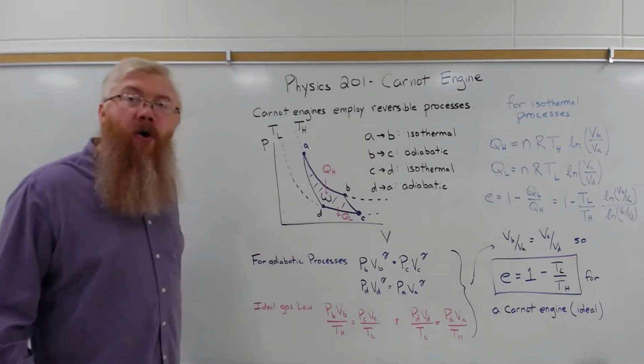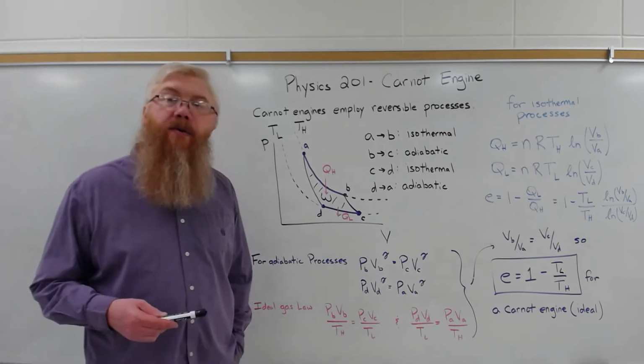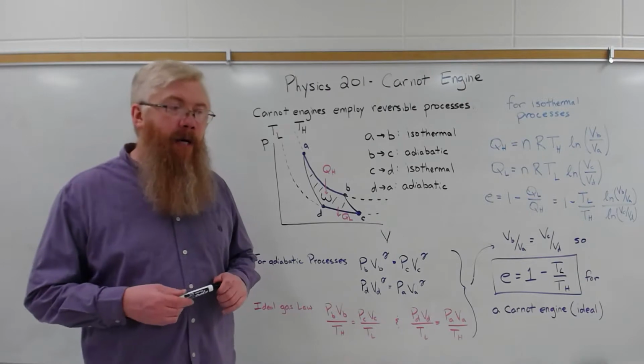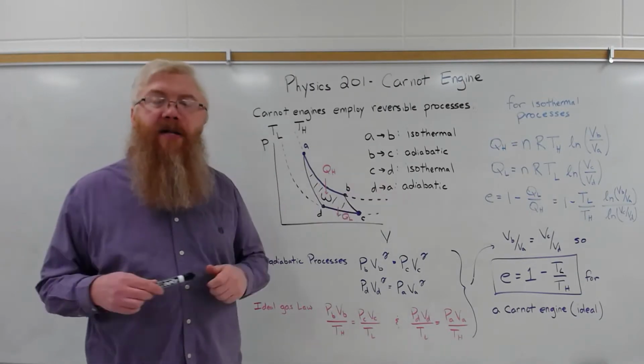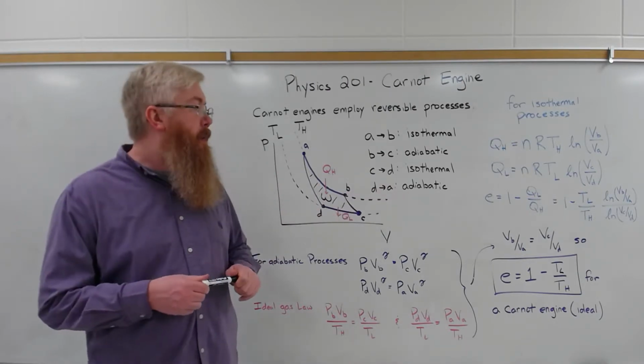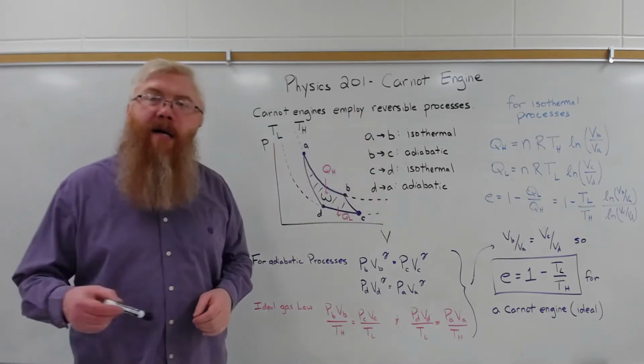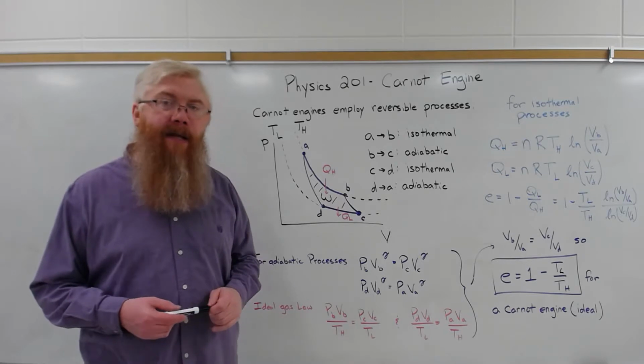So this is a Carnot engine, the very best that you can do. And your book talks about the Otto cycle, which I won't get into. That's a more realistic type of an engine, which will have a lower efficiency. However, heat engines aren't the only type of process that we can look at in this